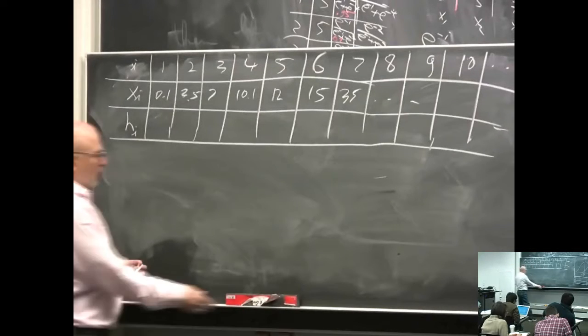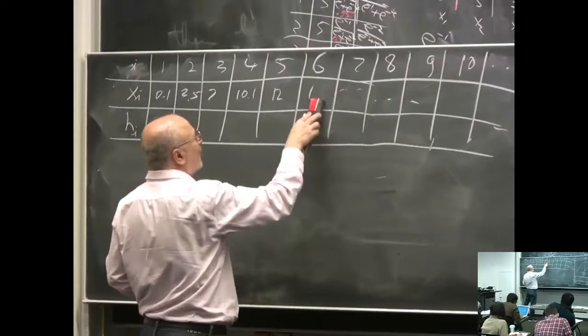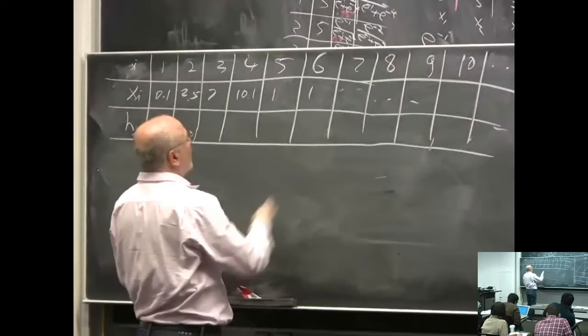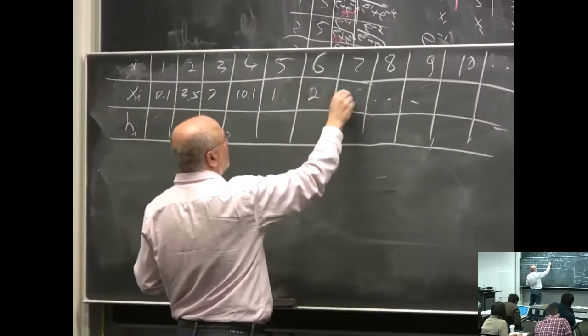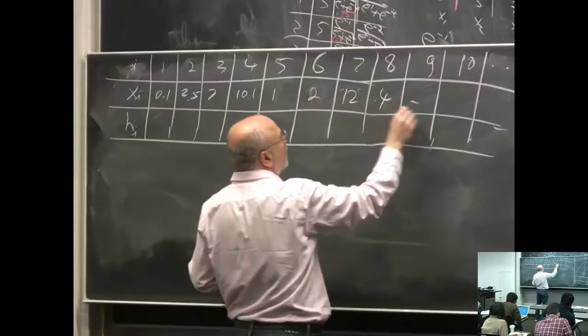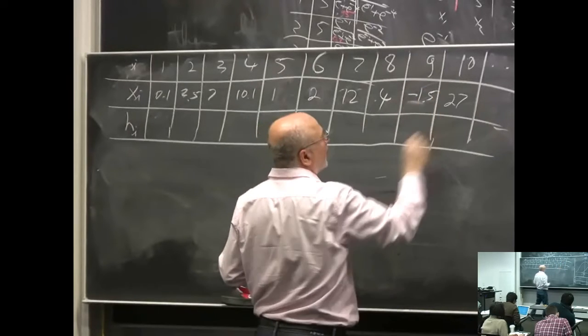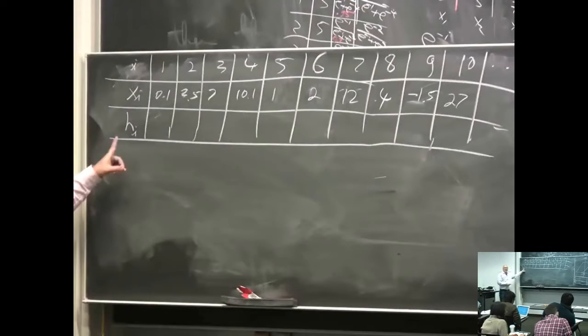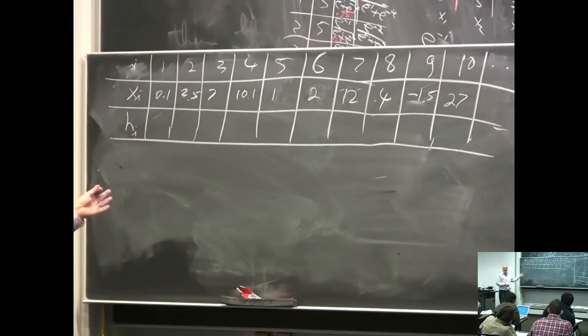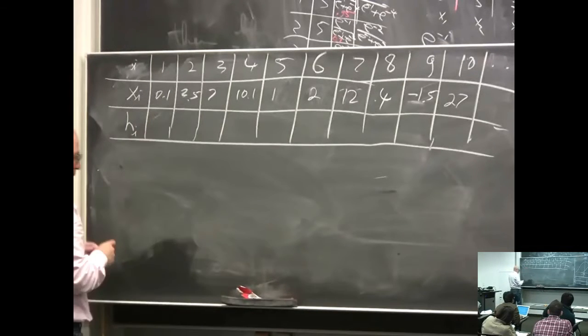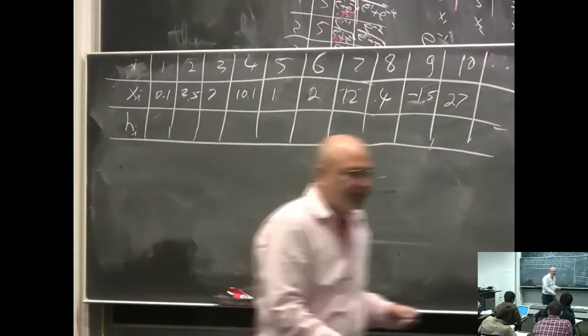Now, let me not put them in order. I deliberately do not want to put them in order. 1, this will be 2, this will be 12, 4, negative 1.5, and 27. Now, suppose somebody told me the secret. Somebody looked under the hood and told me which Gaussian they came from. Not surprisingly, the small numbers tended to come from Gaussian A, and the large numbers tend to come from Gaussian B. So hi would be